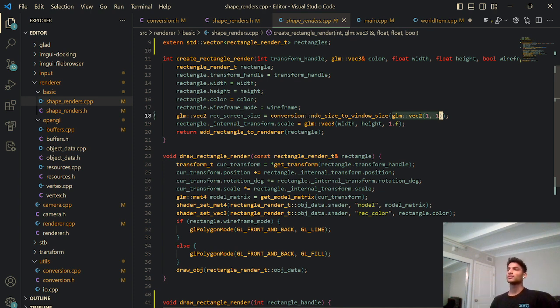And what we do is we scale it. Let's see. Put internal transform. Let's be looking at okay. And then when we render,